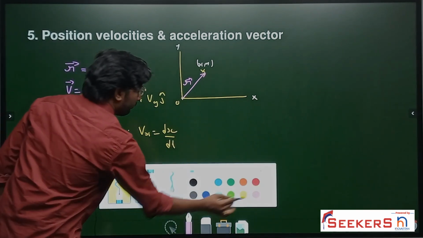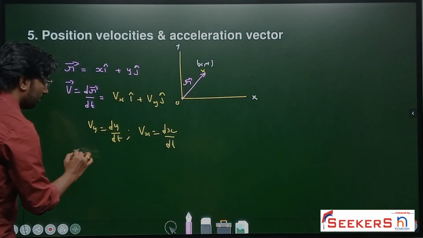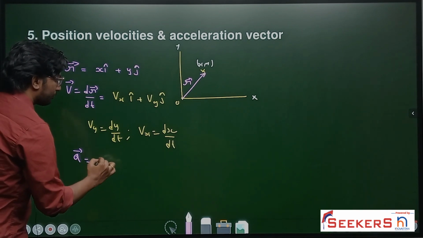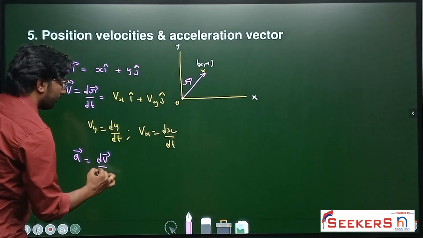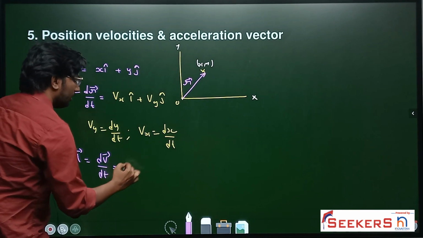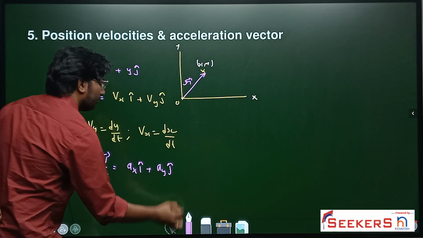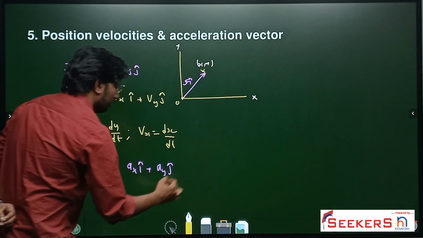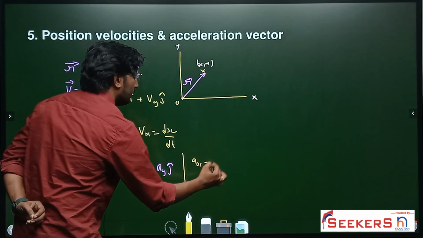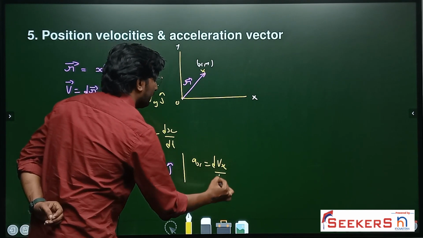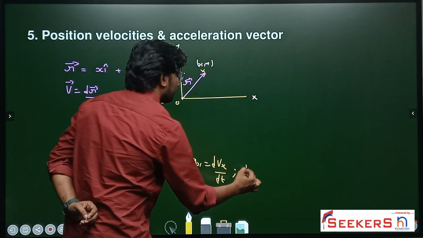And finally, if you want acceleration vector, you can write it as differentiation of velocity vector, that should be equal to ax i cap plus ay j cap. How do you get ax and ay? We can write ax is dvx by dt and ay is